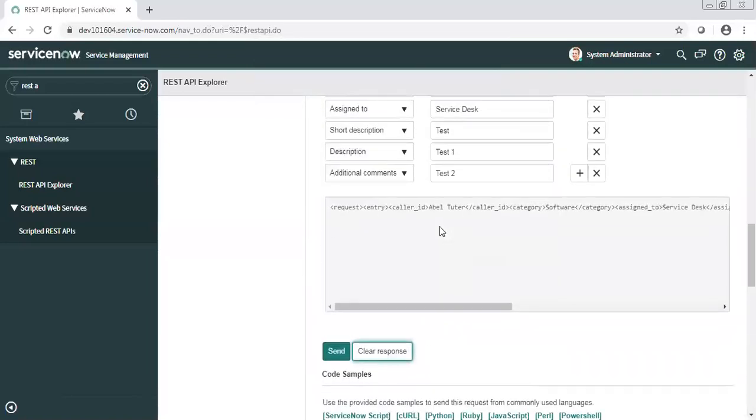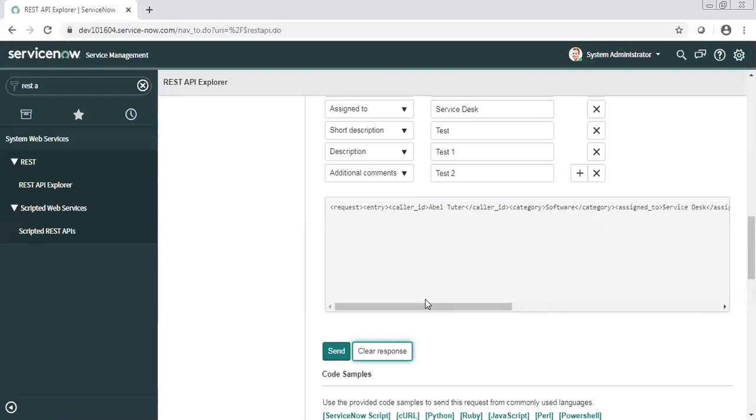But the request and response type should be the same, right? It's not a hard and fast rule. It all depends. Maybe they are capable of only sending the request in XML format, but they are not bothered about the response.